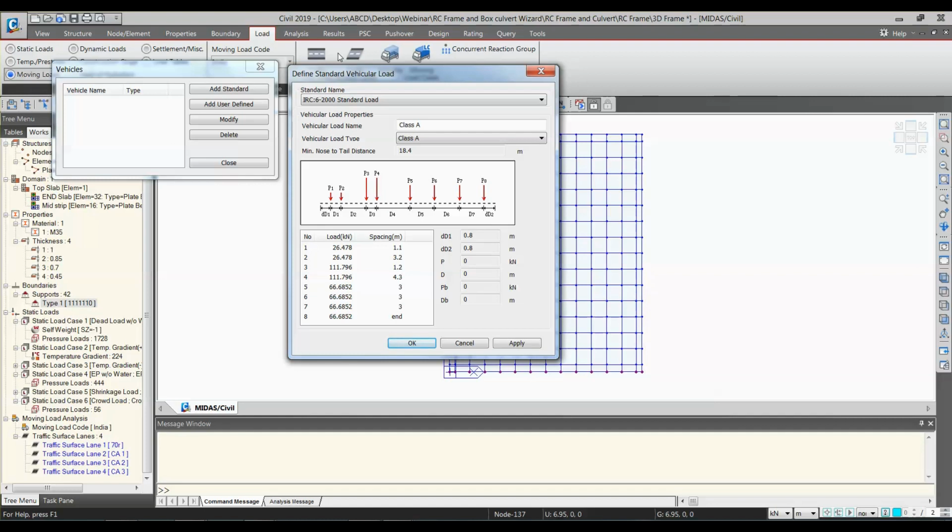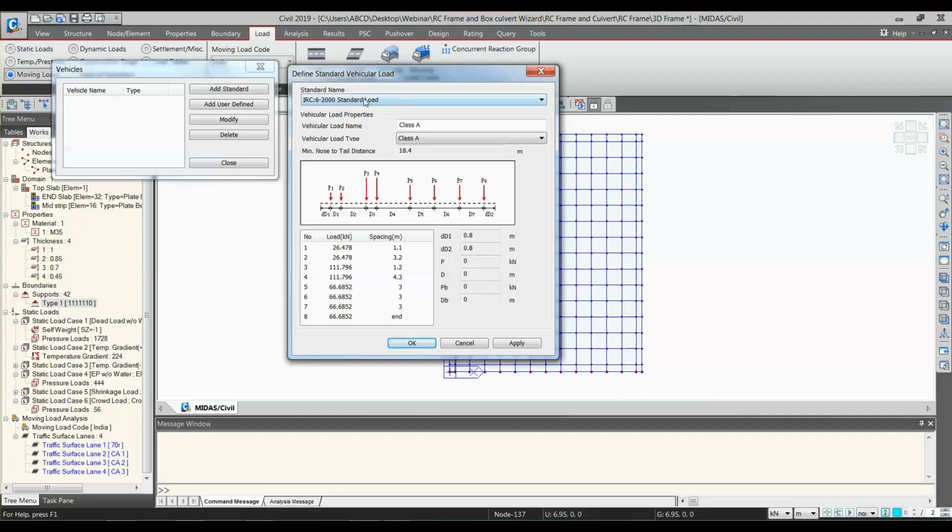You have to define lanes, you have to define vehicular loading, and you have to use the moving load combination to apply that defined vehicular loading on the defined lanes. So this is a three step procedure: definition of lane, definition of your vehicle load, and finally combining that load, applying that load to the lane, which is moving load cases.